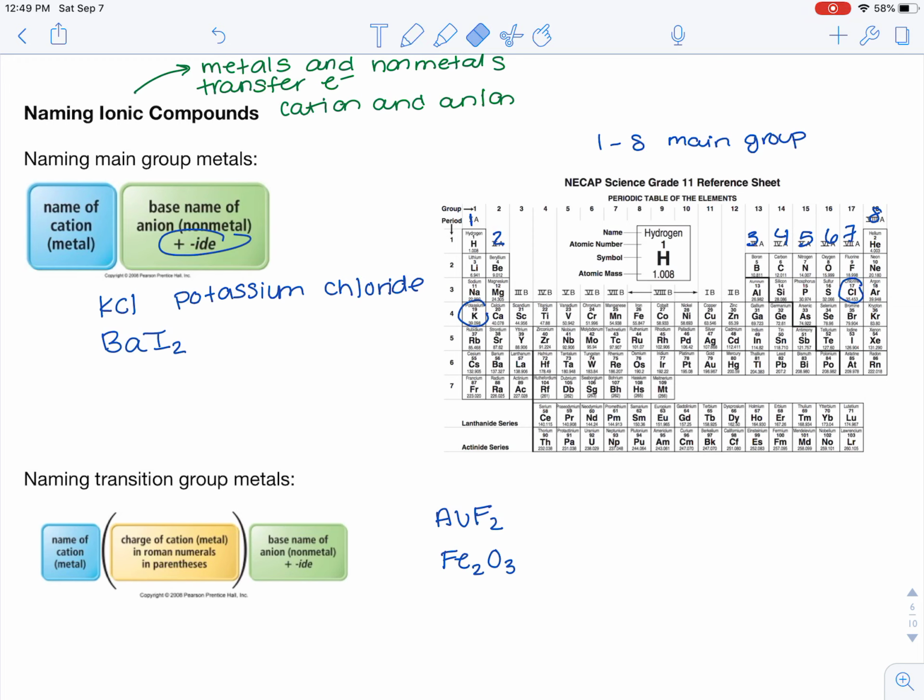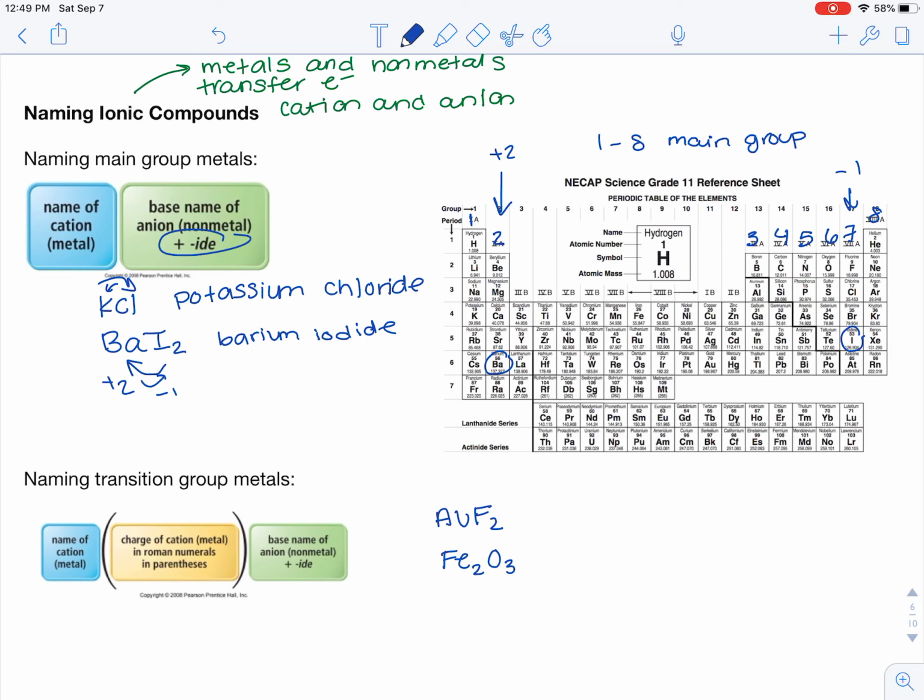Then, next one, you have Ba, which is over here, so still main group, and then I. There's a little 2 here, though, but because it's ionic, you know that that 2 charge comes from the barium, because it's +2, you know that since it's in the group 2 column. And iodine, we know, is -1, so they switch their charges, just like they did here and with potassium and chlorine as well. So, barium